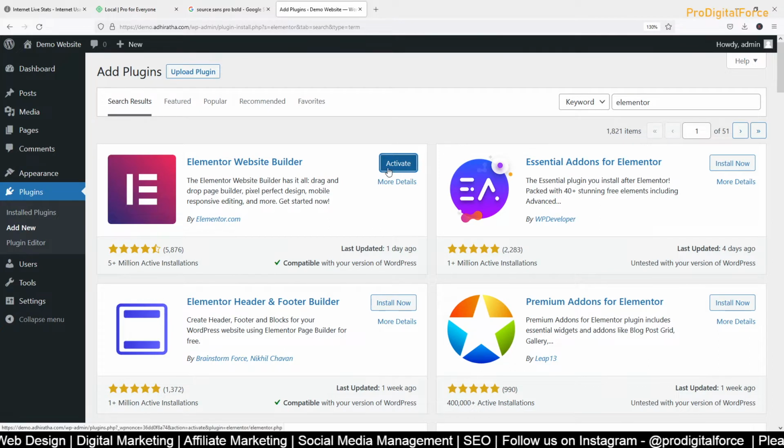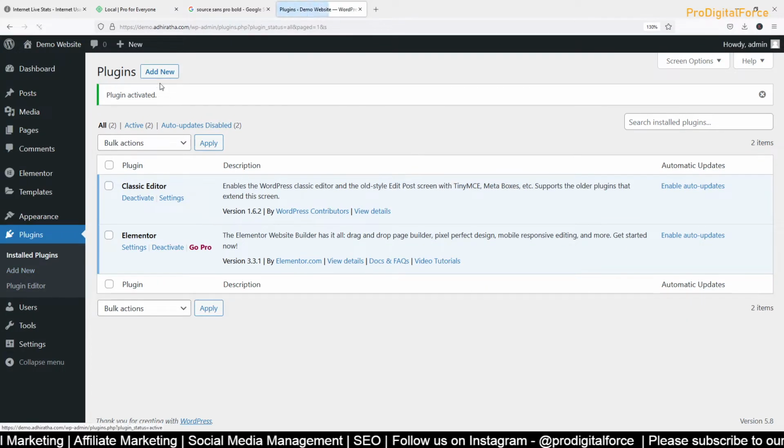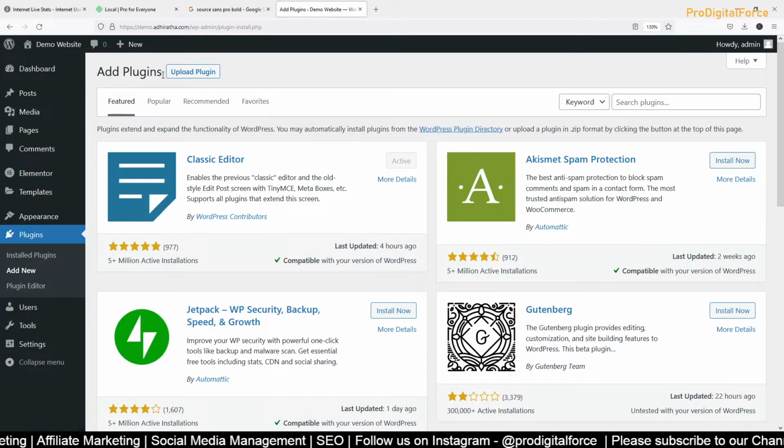So I'm using Elementor. Also, let's install, in case we want to reset, right, we need to have a plugin called